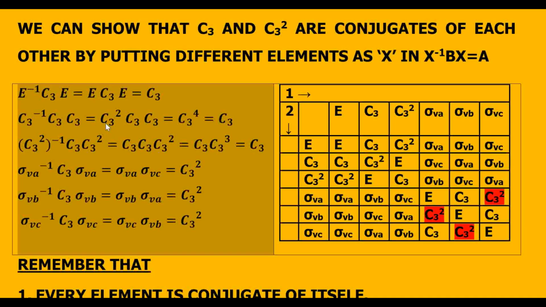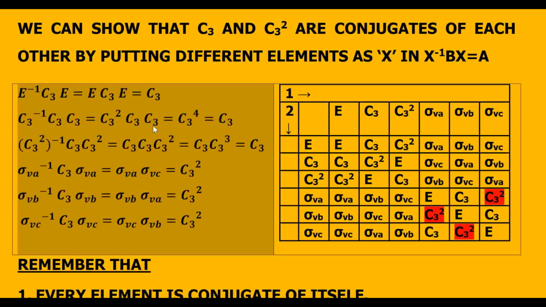C3 square is 240 degree. The remaining terms are kept same. Now remember friends, that whenever you are having this type of operations, the direction of operation is going to be from right to left. So first you have to operate this, then this, and then this. So here you will see that C3 terms they commute with each other, therefore it is not going to make any difference. When they commute, it means that AB is equal to BA. So it doesn't make any difference that in which direction you go.